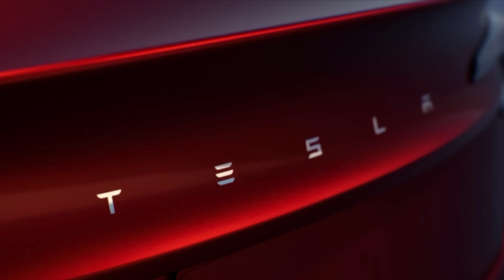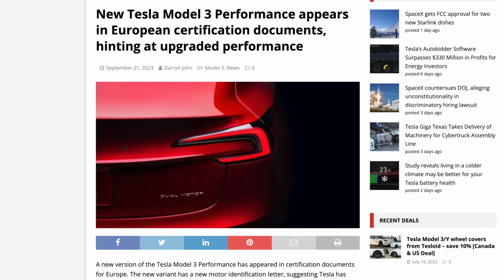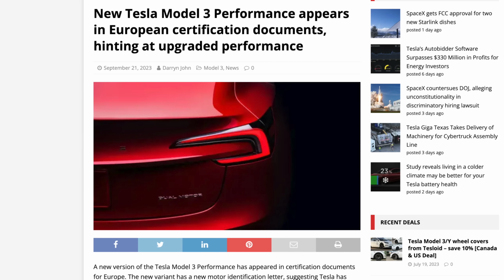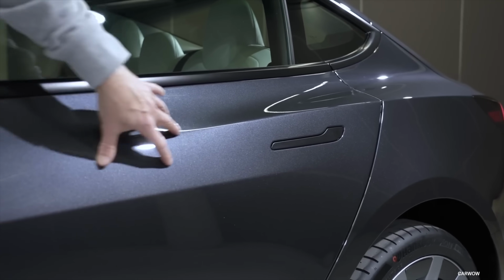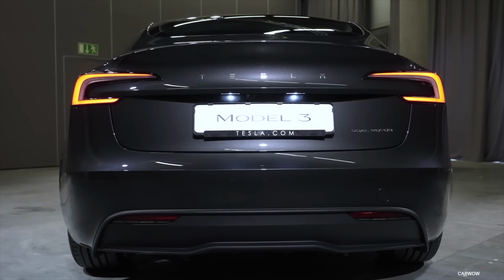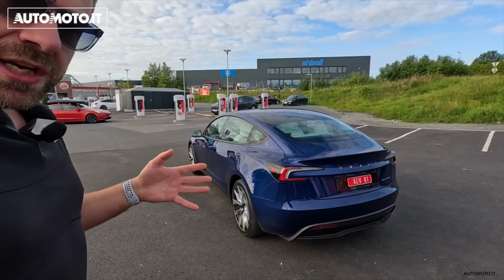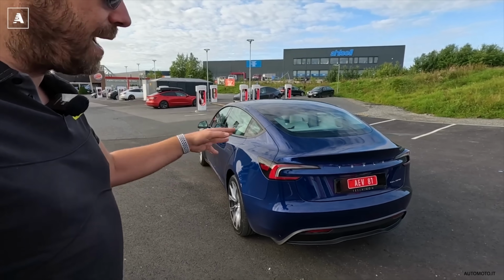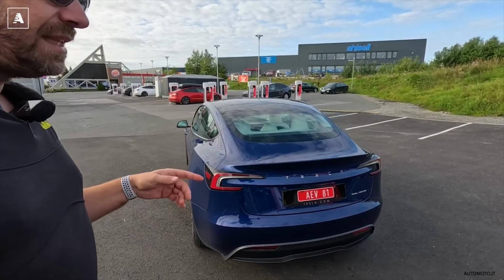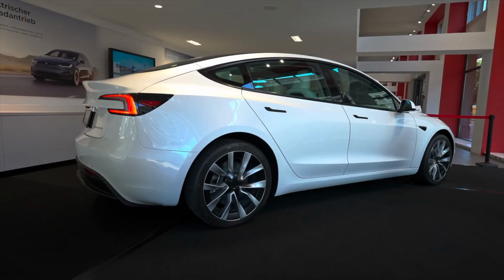And now, thanks to some new leaked regulatory documentation, we've got some new info on the performance Model 3 that is good and a little bad. Inside EVs reports that the T in the 8th position of the VIN for this performance Model 3 typically corresponds to the type of motor in a vehicle, with the outgoing Model 3 Performance having an L in that place, signaling that maybe we could see a tri-motor variant of the Model 3 Performance, or this is an entirely new